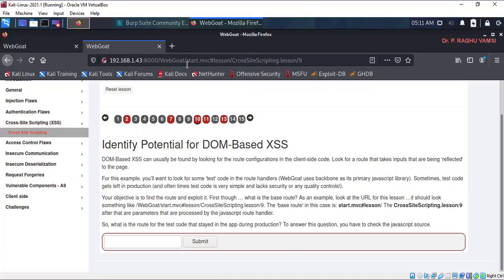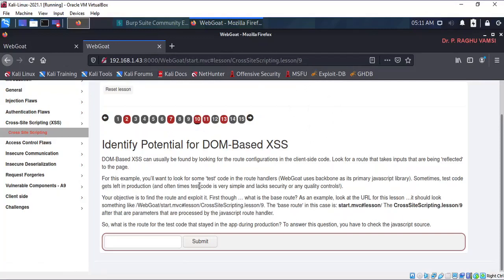Here, what is the route configuration? /start.mvc#lesson gives you the lesson related to cross-site scripting, and 9 is the ninth page that we have moved on to.